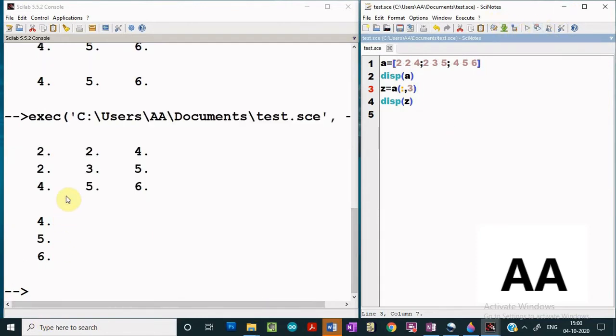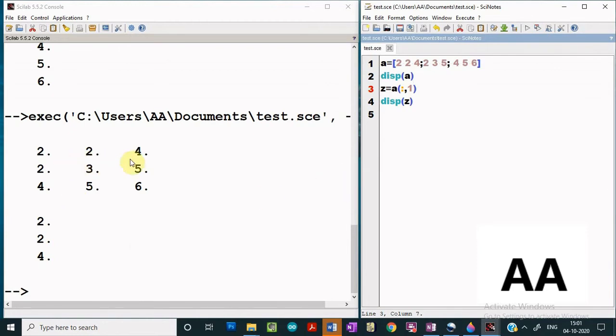We are getting 4, 5, 6. This is the third column. If I replace this 3 with a 1, then I will be able to access the first column elements. Let us execute. So we are able to access the first column elements. This is how you can not only access a single element, but also the elements row wise or column wise.